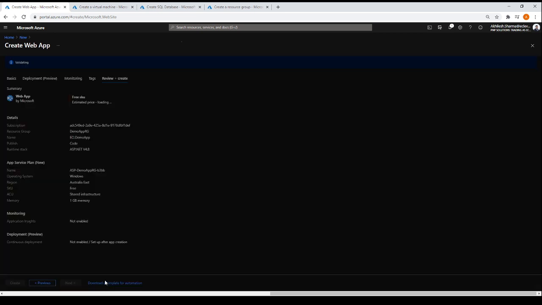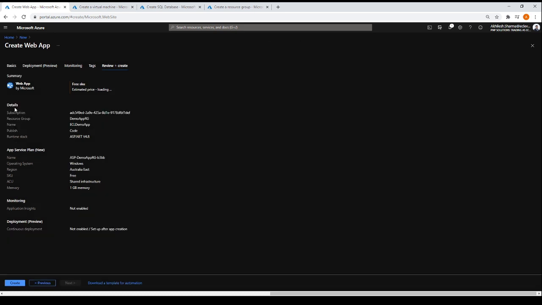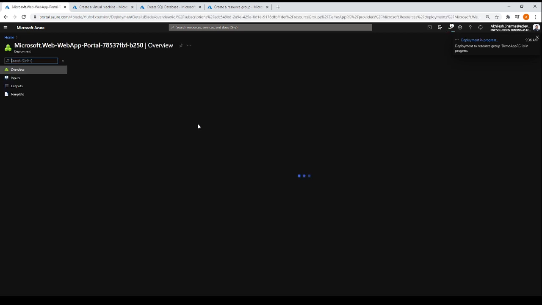Next, click on Review. Here is the summary tab where you get all the details of your Azure Web App and your service plan, and the backend also verifies all the settings which you selected. Now I'm going to click on Create. Once I click on Create, it will take around 30 seconds, and the app will be available on the cloud